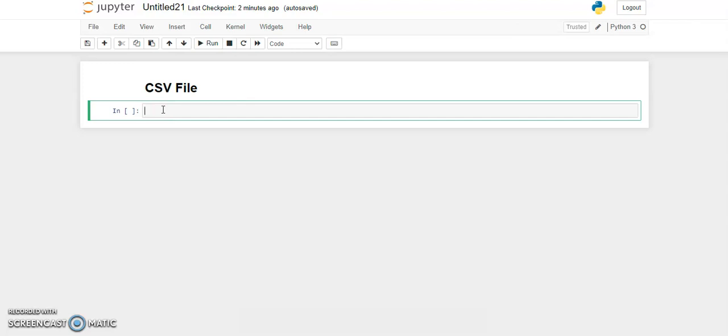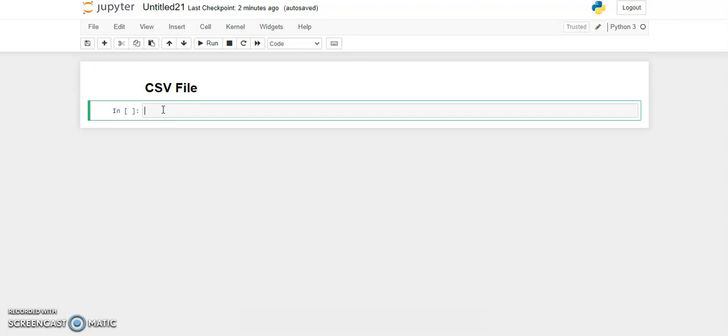It is very universal. Mostly in data science projects, related to any type of data, most of the time you have a comma separated file. So we need to discuss this comma separated file.